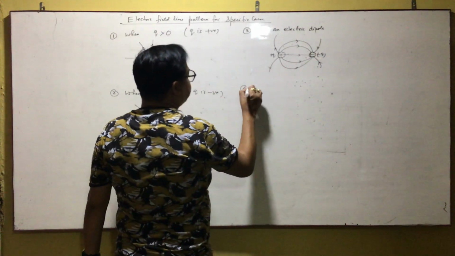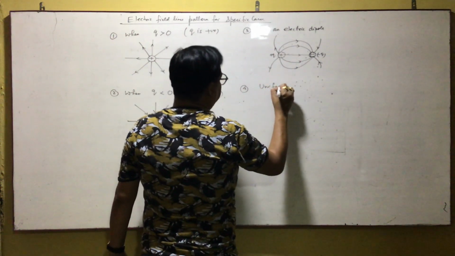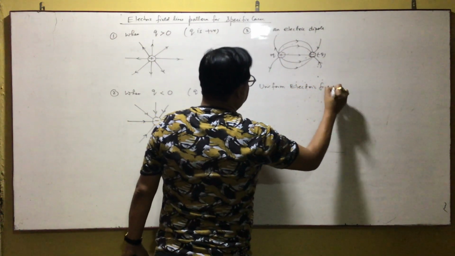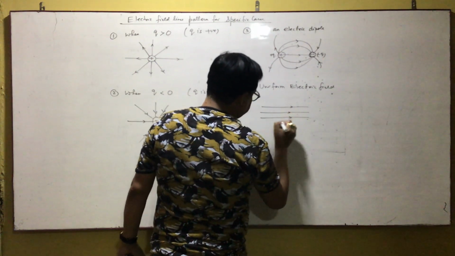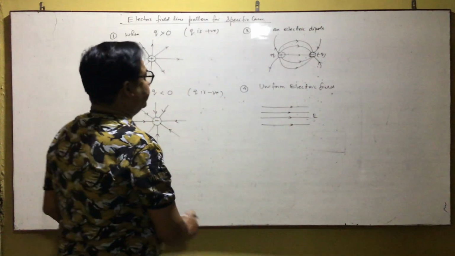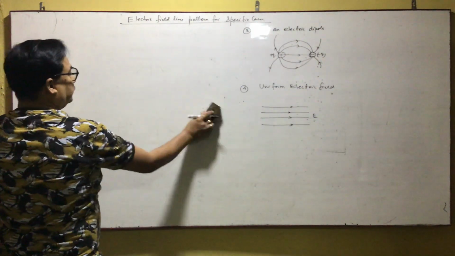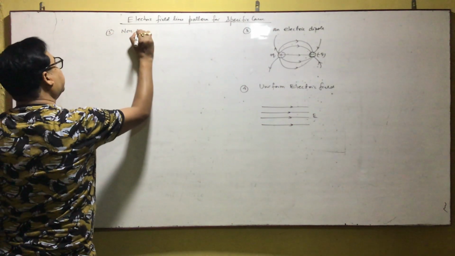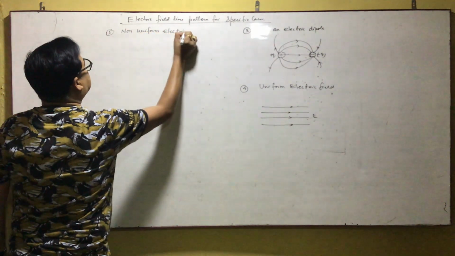Now number 4, uniform electric field. So uniform electric field is represented by parallel lines like this. Number 5, non-uniform electric field